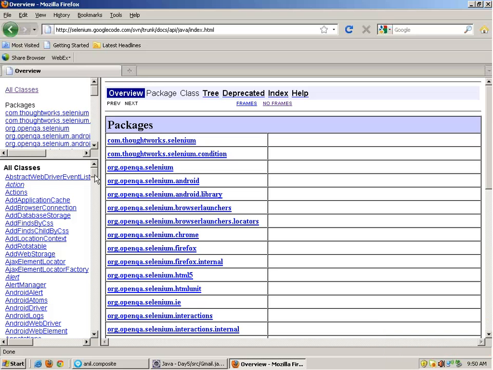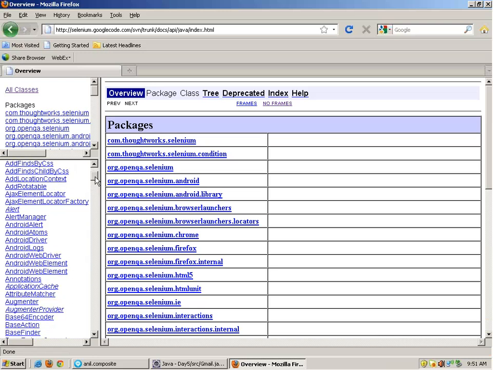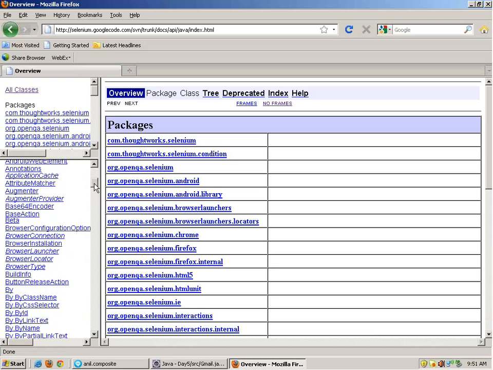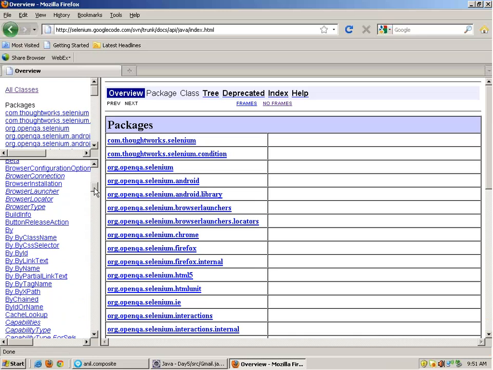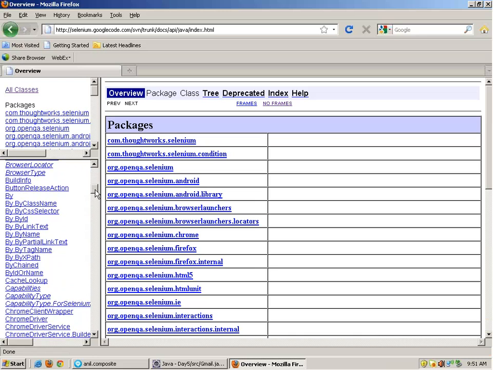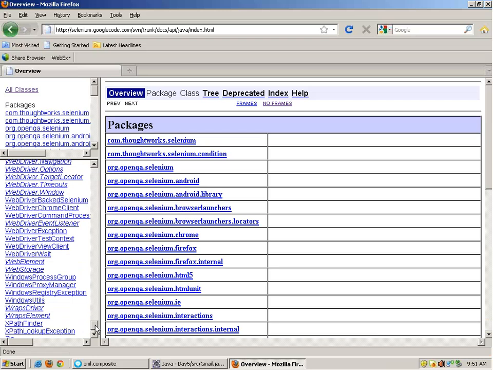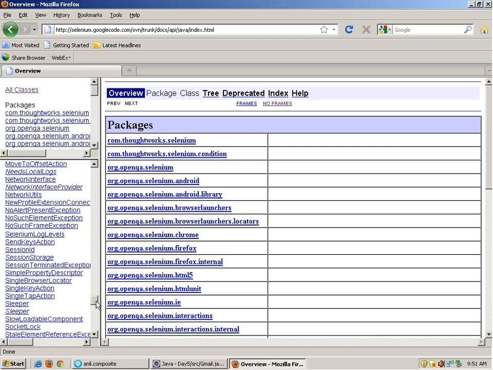Okay. Guys, I don't have much time with me today. I have to leave for some place, so I will be just taking class for 30-35 minutes. That's it. So this is the documentation of Selenium, and in this, if you look at the Firefox driver class,